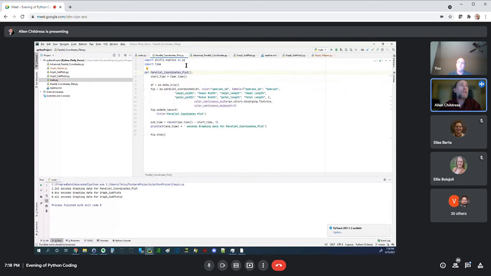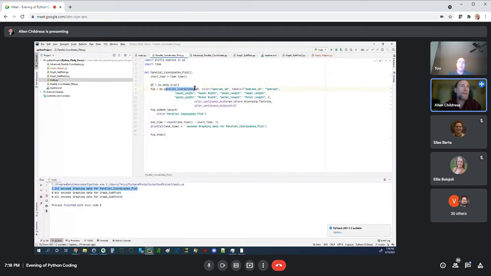The first thing you do with Python is your import. You import your library, and then you give it an alias, in this case for Plotly Express. I also brought in time so that I could track how long it took to calculate. So I calculate a start time, an end time, and then I plot it, and that's what comes down here in my debug window to let me know that it took 1.5 seconds to calculate all of this. It goes out and grabs the data set, and then we tell it that we're going to do a